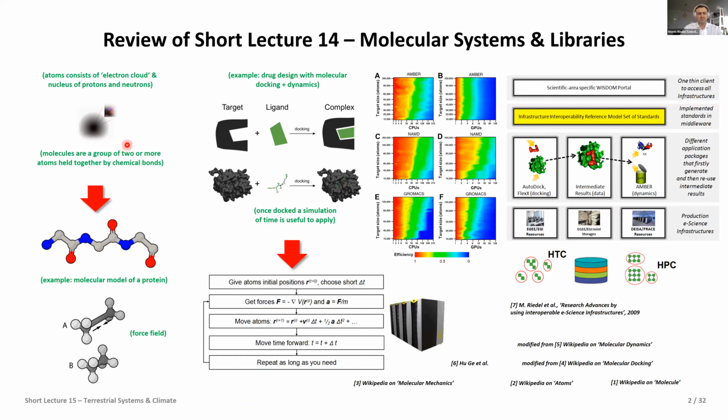Some simulations, as you have seen, are a bit more rough, if you want: you treat this all as one atom, and then you compute all the interactions with the different atoms that form molecules and so forth, or you really take the atom as is with the different electrons, neutrons, and so on. So these are already different schools, so to speak, of how you compute all of this. And you can imagine the more detailed you go in, having even the core of the atoms considered, the more computing you require. Now, in molecular systems, obviously, forming different atoms into something bigger is the goal, and to understand